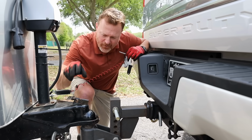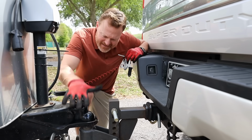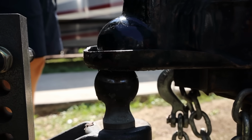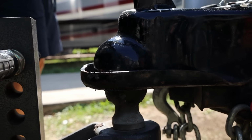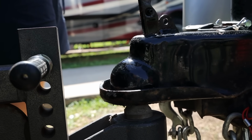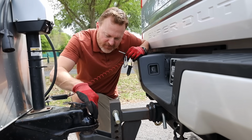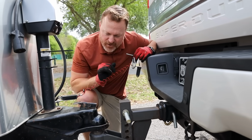Because a lot of people, if you're brand new, are wondering, hey, how come that's not coming down? That's it. So normally what I try to do is I try to put the ball just a hair bit forward so that when this hitch receiver comes down, it actually kind of pulls the truck back so it's in the front of the coupler. That's what I try to do. But